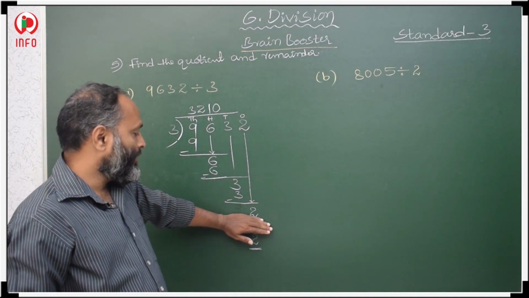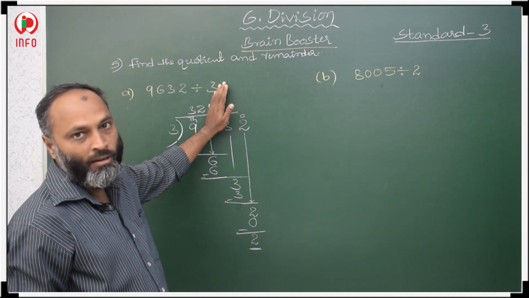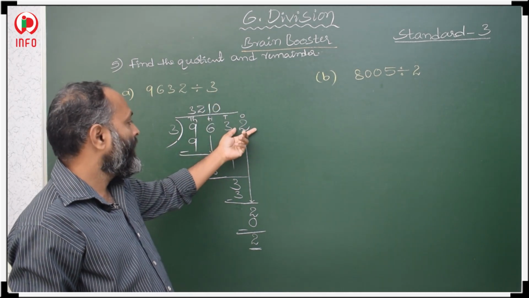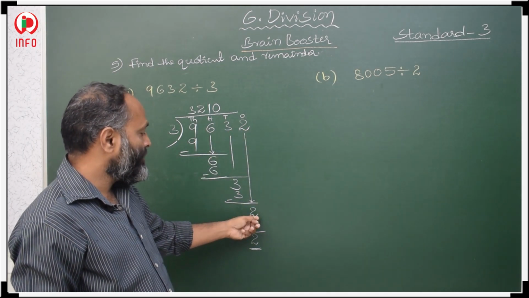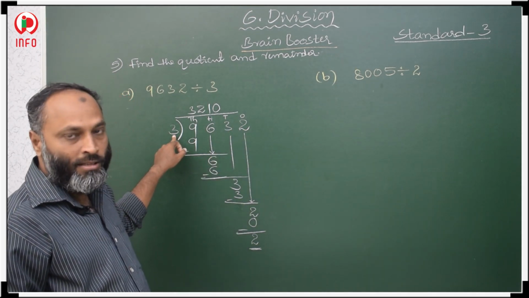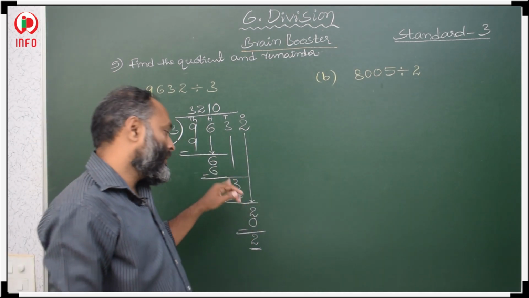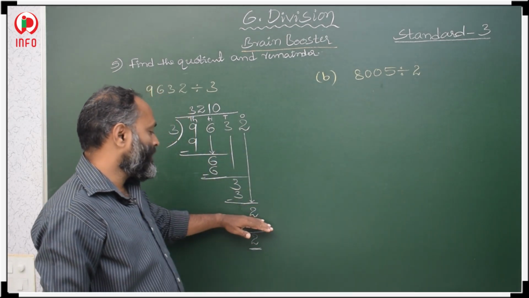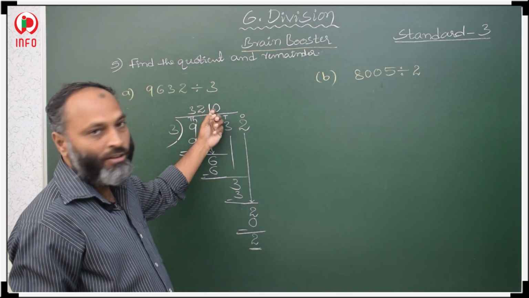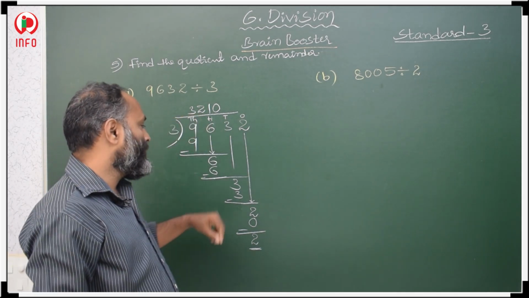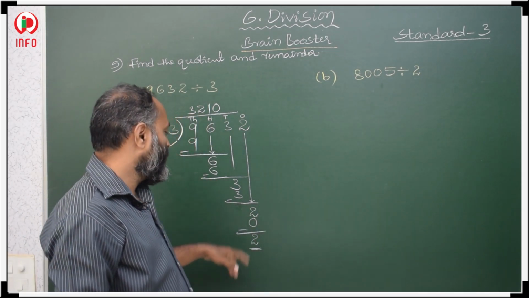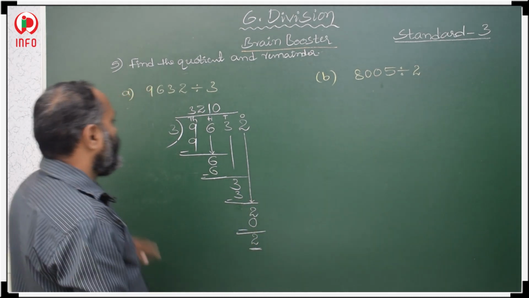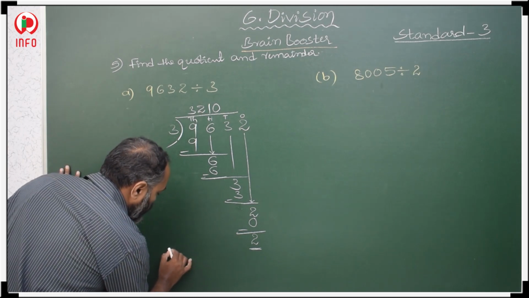If you stop here only, then your answer will be 321. In that case you will get your quotient wrong. So, whenever your ones place is less than the divisor, then you have to take zeros are. Then after that make minus. Then that is our remainder. If we leave this ones place, 321 is our quotient, that is wrong. So, we have to take 3 zeros are, then make minus, and whatever the remainder is, that is your remainder. Okay. Now we have to write the quotient.